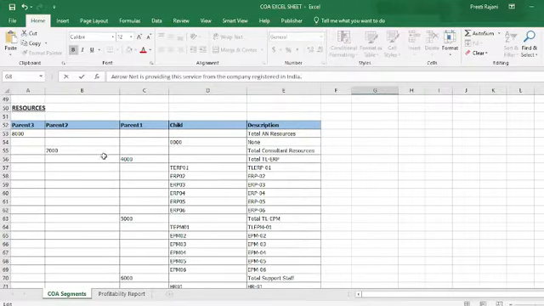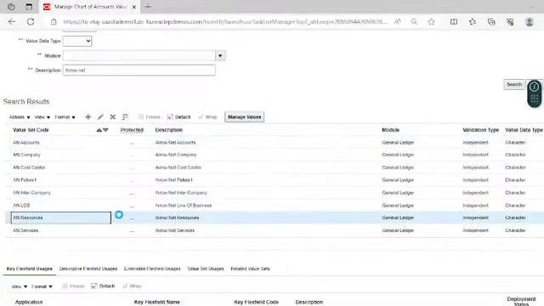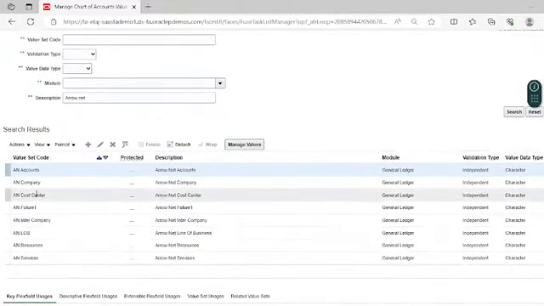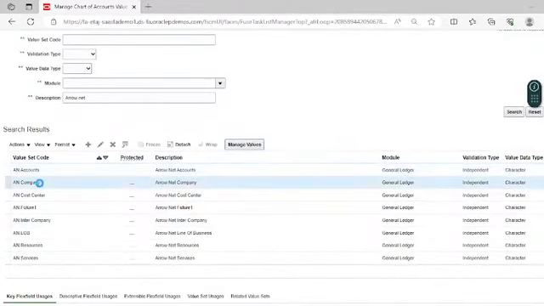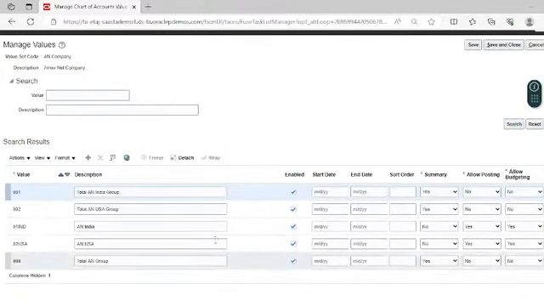So you can see here these are the resources of Aeronet group. Select AN resources and then click on manage values. Let me show you the values that we added to the company segment yesterday. Click on blind search here, and these are the values for the company segment.